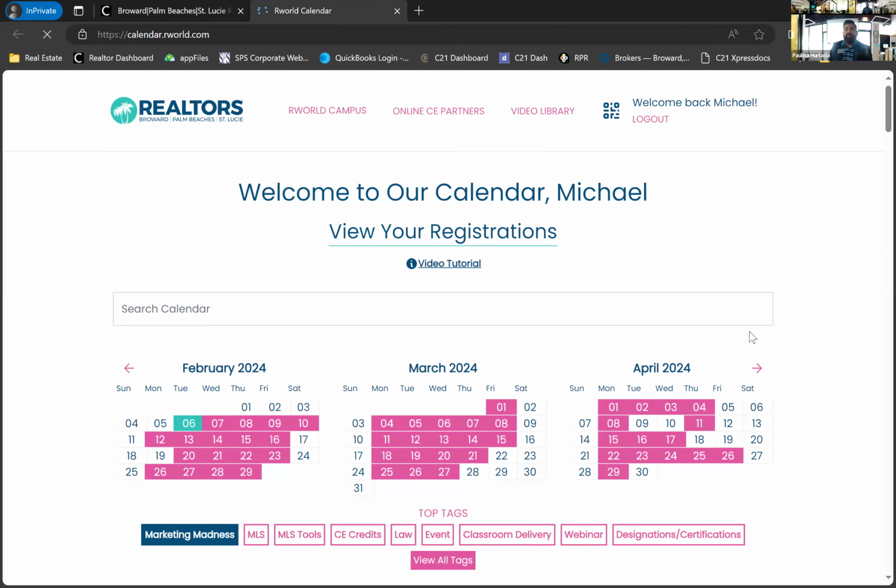you can go ahead and search for classes or events that are coming up. There's ways to search either by searching for keywords or by actually searching by the dates, and I'll show you those in just a moment. Now, the first thing I want to point out